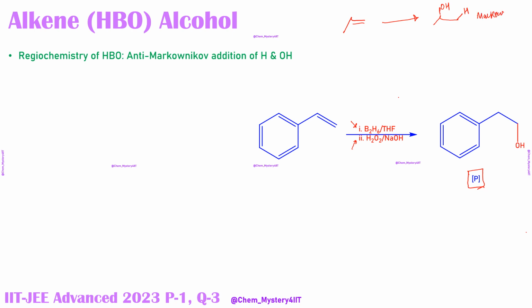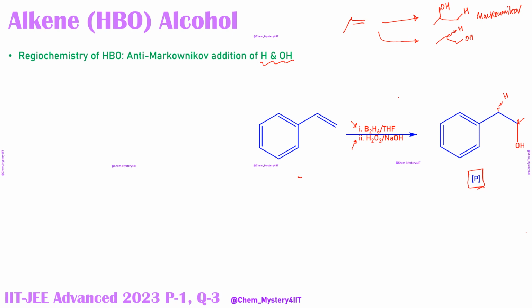Now, because here we are saying this is anti-Markovnikov, if we are doing hydration, we are expecting that OH will be coming over here and hydrogen will be coming over here. And because stereochemistry is not defined, this bond could be written this particular way. That means stereochemistry not defined. So this reaction HBO is anti-Markovnikov addition of H and OH. If you see the initial and the final product, you will find that OH is appearing over here at the terminal carbon. H would have been here. We have not specified where it is going.